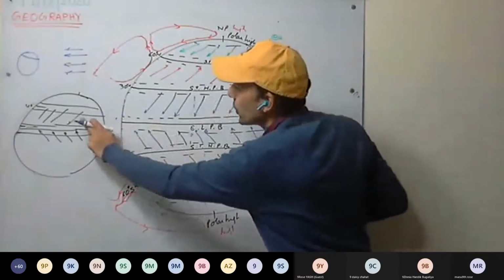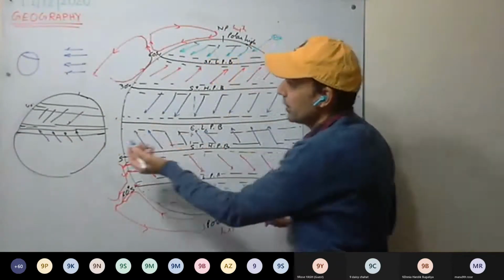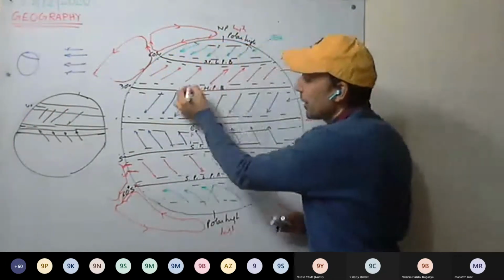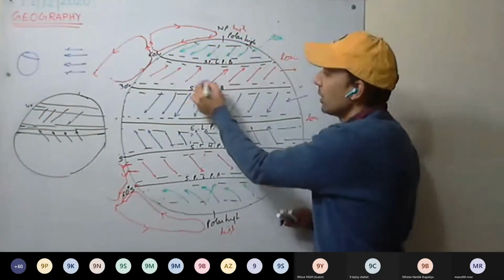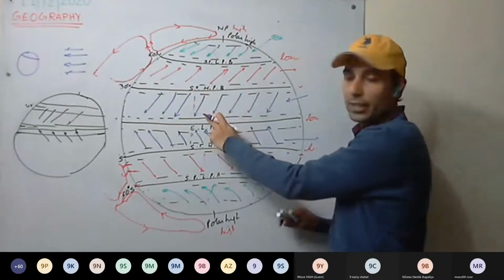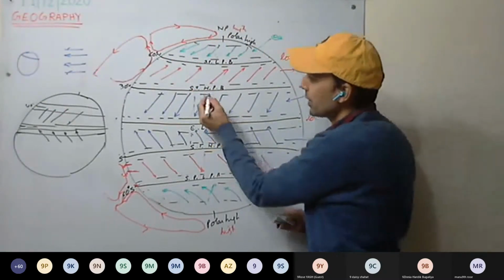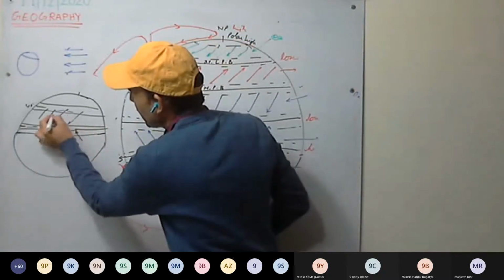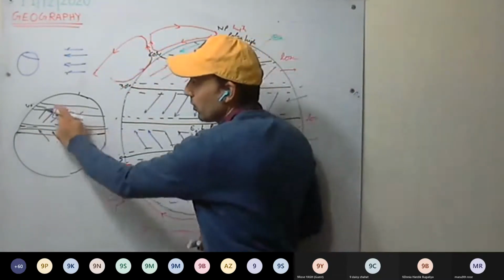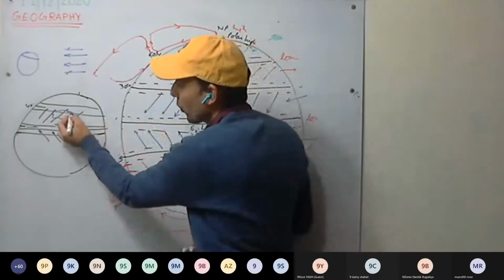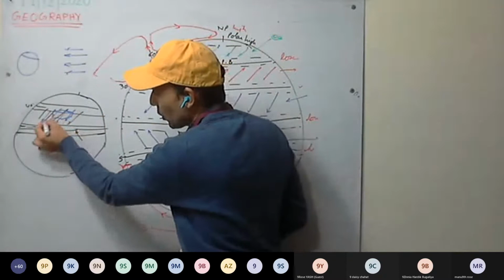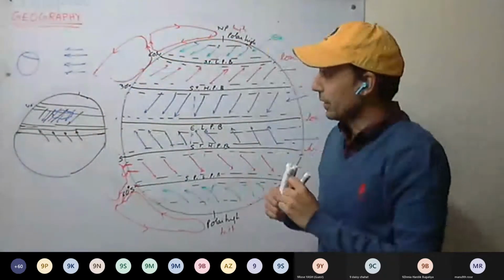During summer, they are shifted around 40 degrees. So during summer, the Mediterranean part of the world, that is Europe and Africa, will be under trade winds. Here is the Mediterranean Sea, the Mediterranean part. So winds are flowing from the subtropical high pressure belt towards the equatorial low pressure belt. So what is happening here?